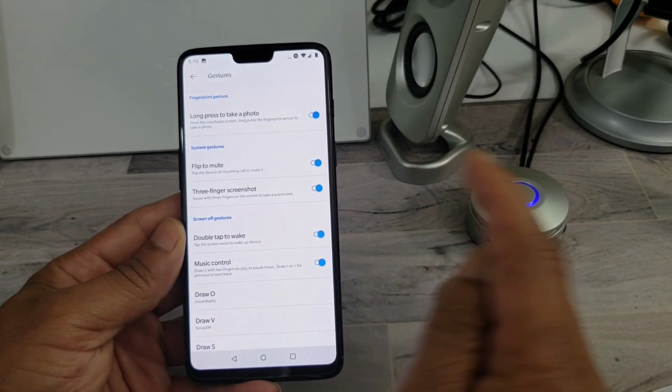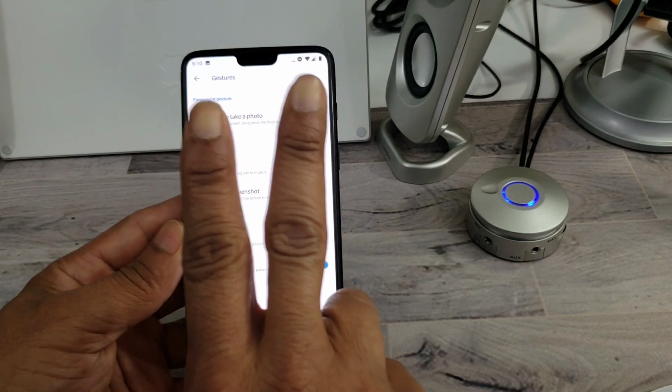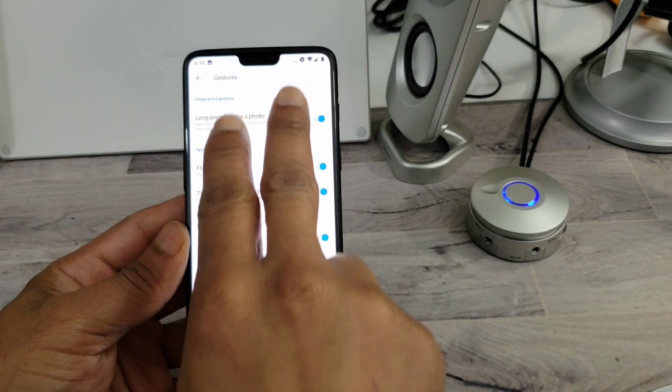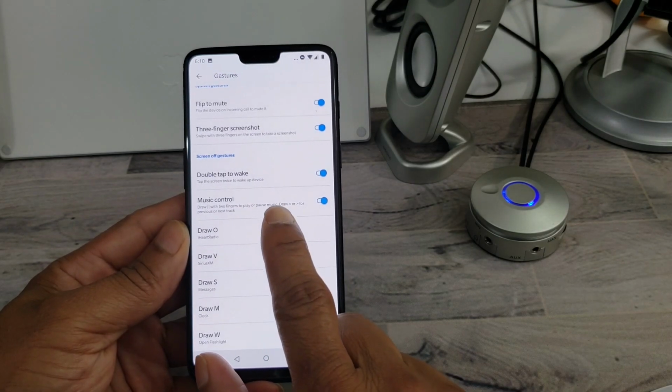I got the double tap to wake. Music control. If you're playing the music, you make the pause sign. Go down, pause the music, swipe down again, starts the music playing. Also, you have